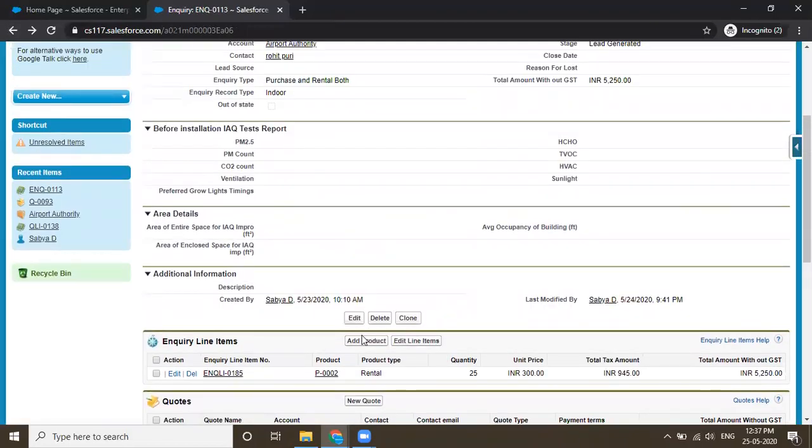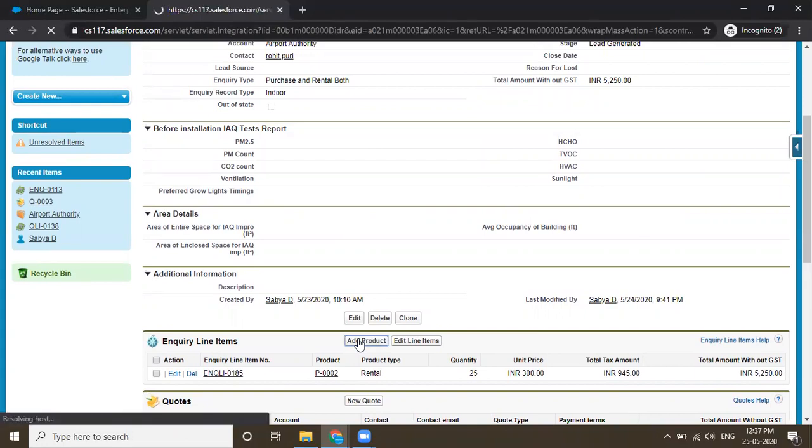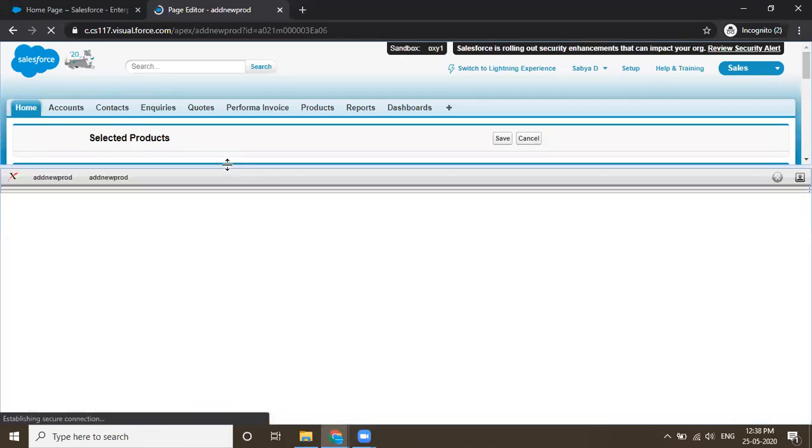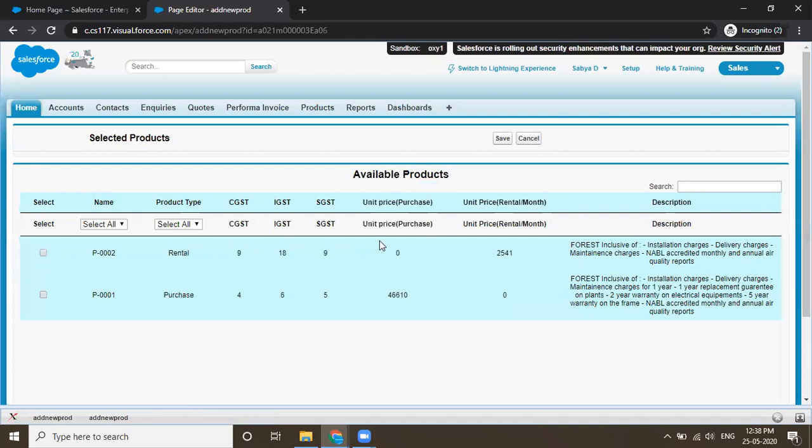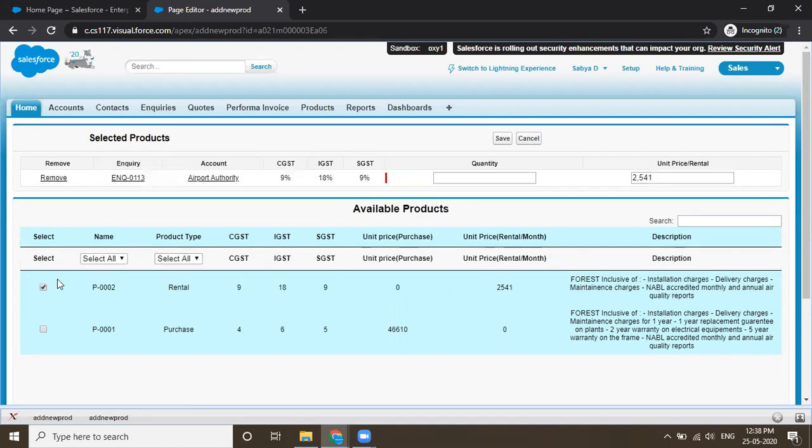So by this, you can click on the add product page and scroll it up. This is the Apex class I have written. According to the record I have chosen, you can select any option, any product over here, and you can choose any quantity. If you want to change the price, I will change the price for you. This is the basic thing.